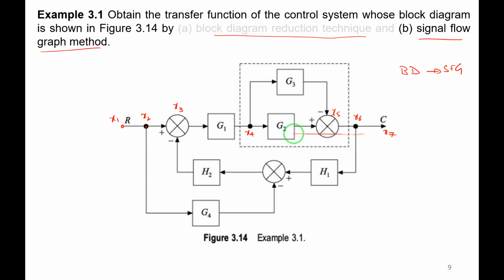X7, I have called it as X1 to X7. These are the nodes. Instead of X1 node, I can call it as R also. No problem. R node, or else you can replace it as X1. Okay, let me continue with this only.